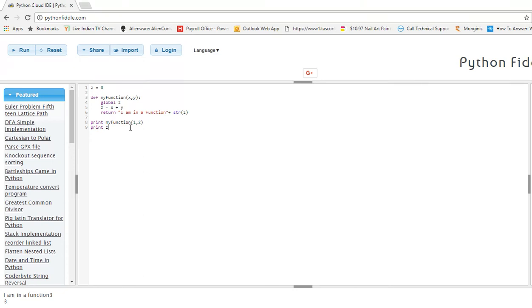Let's see what else we can do. Let's do one more thing. If we do not know how many values we are going to pass to an argument, what we do is use the star symbol, and then what we can do is we have to